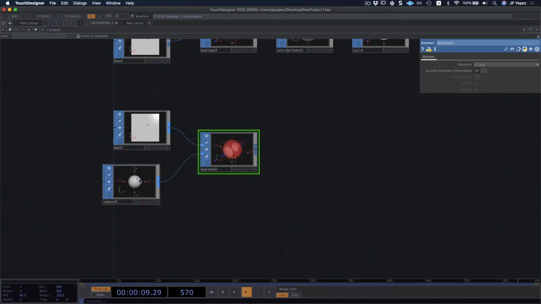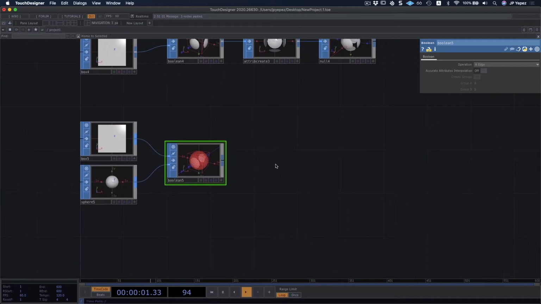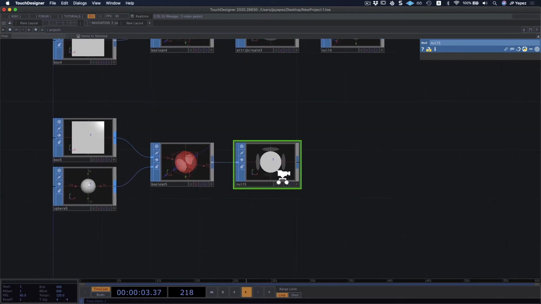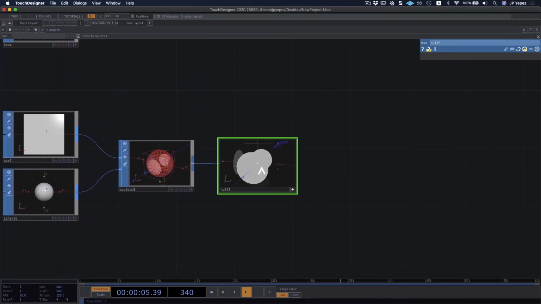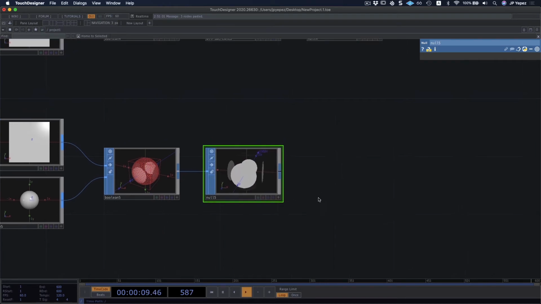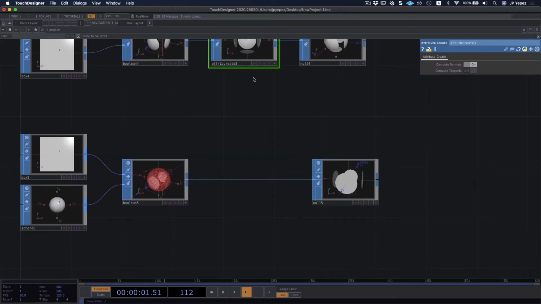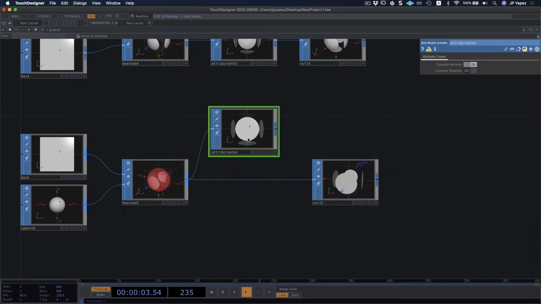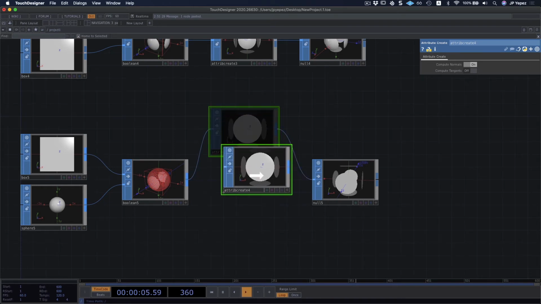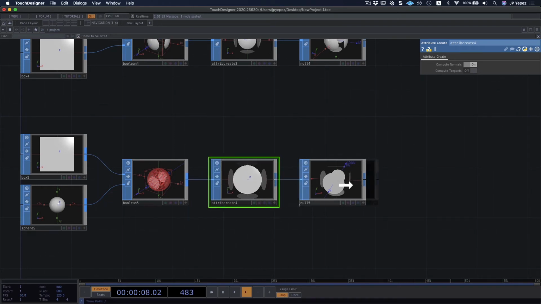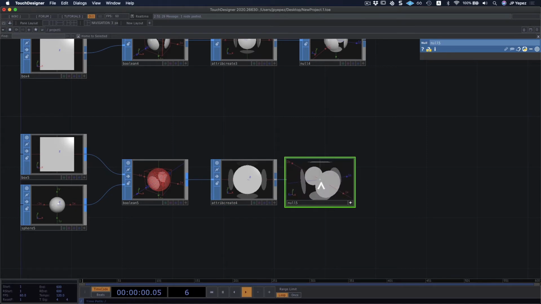And whenever we talk about edges, well, this is a Boolean operation that is not present in every framework I've worked with. You're basically getting just the edges of the shape. You know what? Let's grab the attribute create and see what happens. Yeah, much better. But yeah, these are edges, so it's an interesting way to create circles in space.